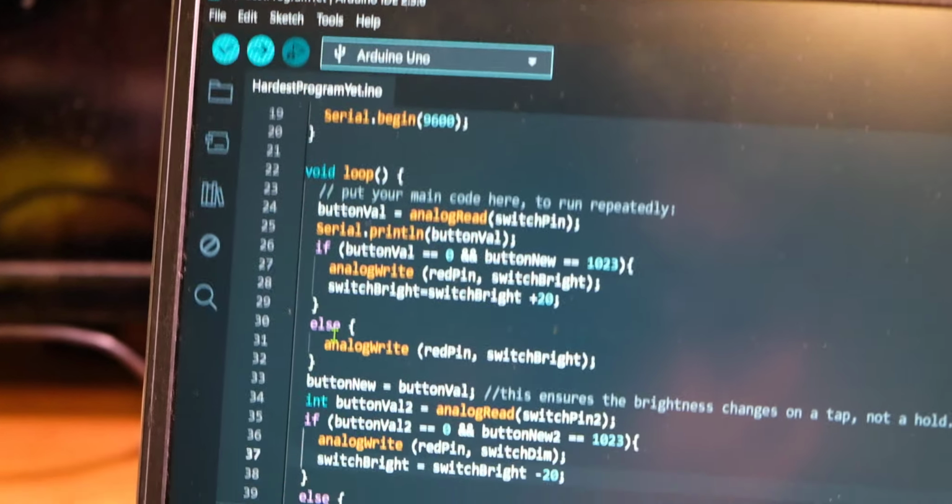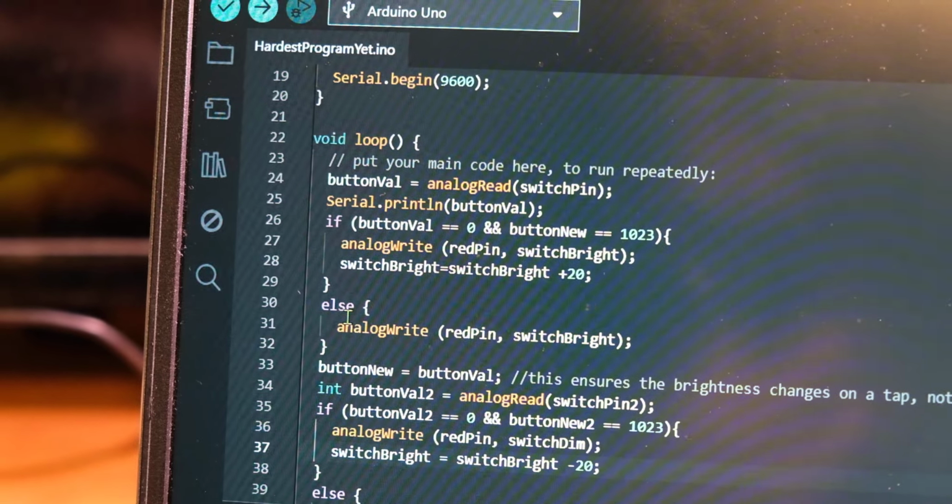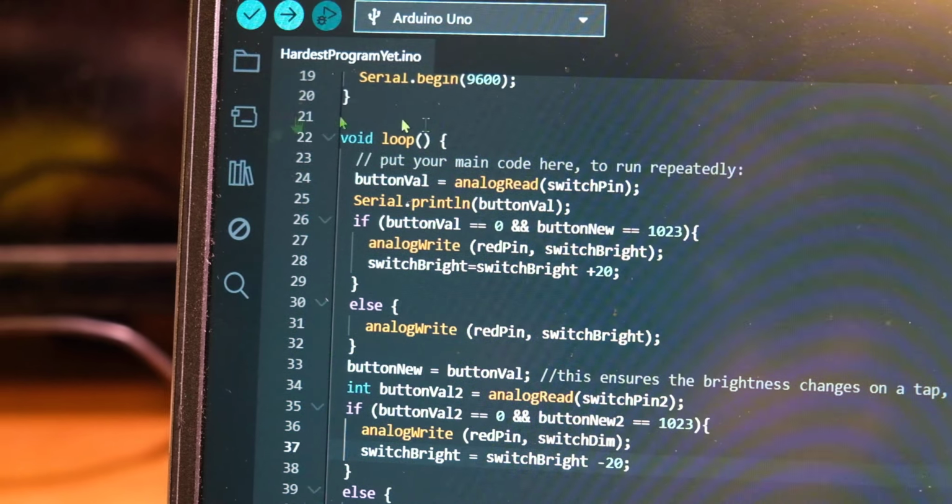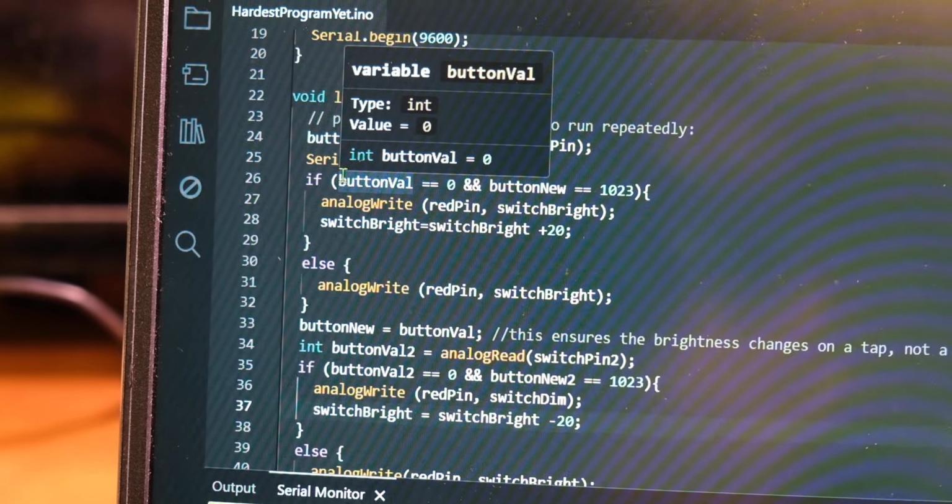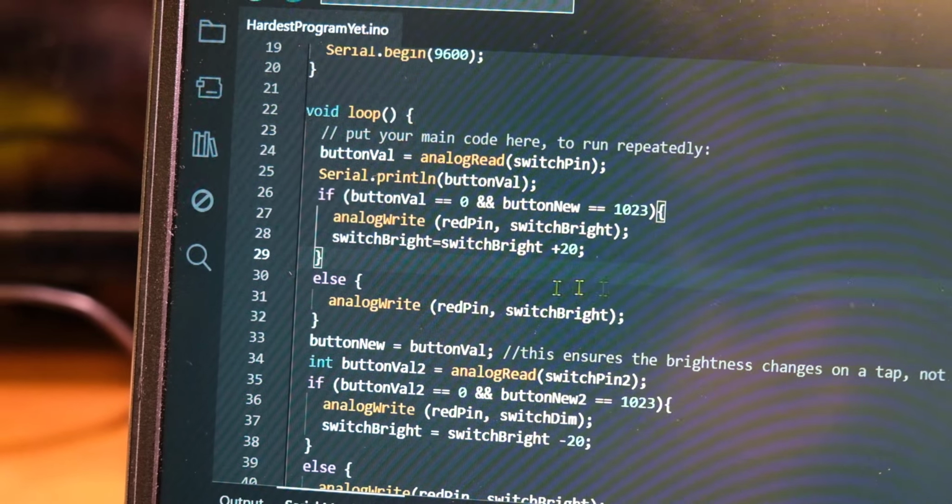But yeah, I used analog read and then a whole lot of if and else statements. It's pretty cool how this works. You're manipulating a bunch of data. So like